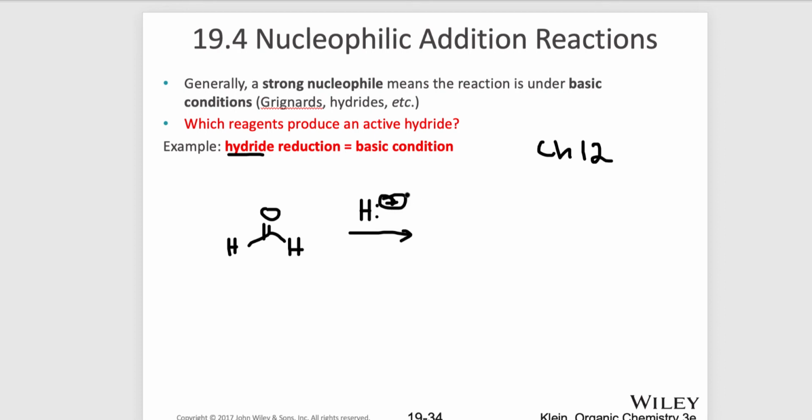So this is negative, this is very powerful. So this is a negative charge. This electron pair will attack the delta positive carbon. It's going to open up the double bond and form a negative charge on the oxygen, and then you're going to have, in the second step,